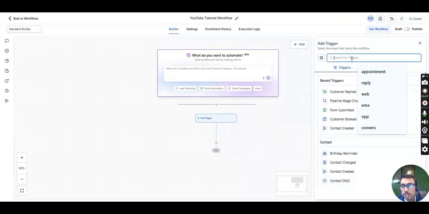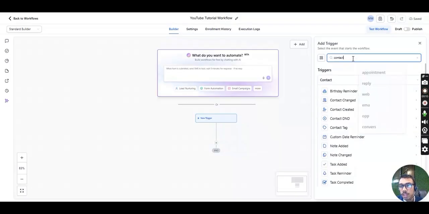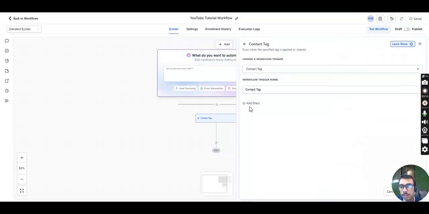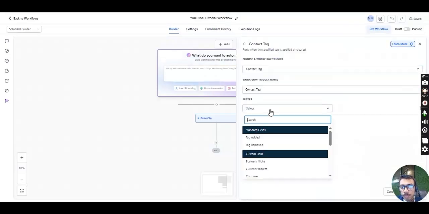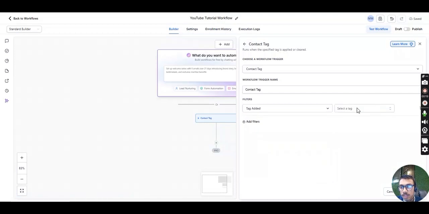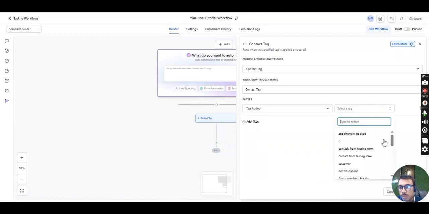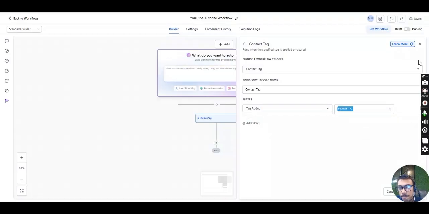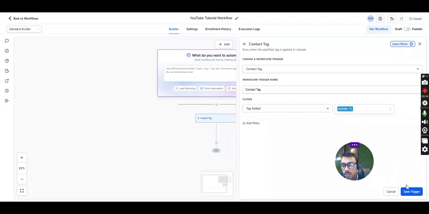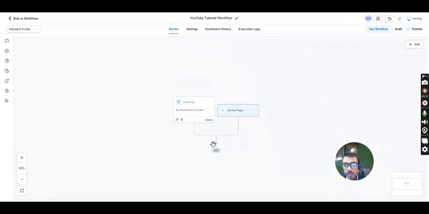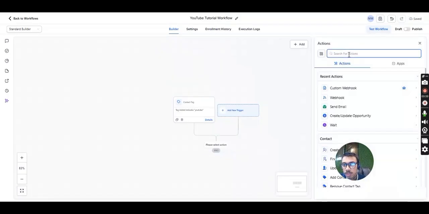Okay, I'm going to add a trigger of contact added, contact tag, tag filter, tag added is, workflow is, let's say YouTube. So after saving it, I would create an email action of